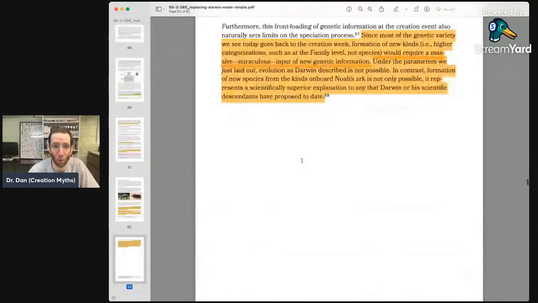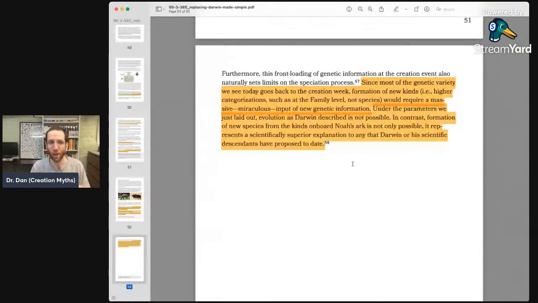That's the end of the chapter. There's no support for this mechanism. You would think, maybe you would say, here's an example of speciation. Look, we know this is the parent population, and here are two derived species from that parent population. And look, they have more homozygosity, and the parent population has more heterozygosity. Now, that would not demonstrate that that's the mechanism, but at the very least, you could show that it's consistent with what we see. He doesn't even attempt to do that. Doesn't even attempt it.